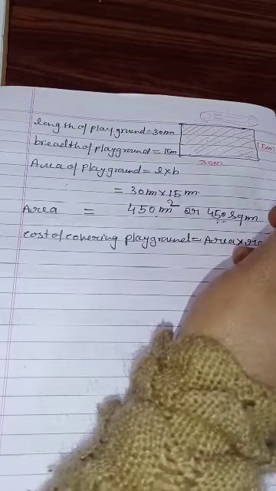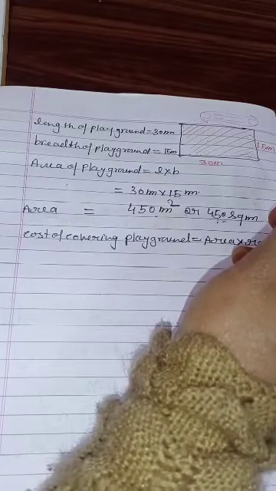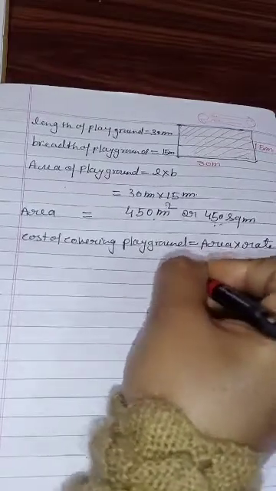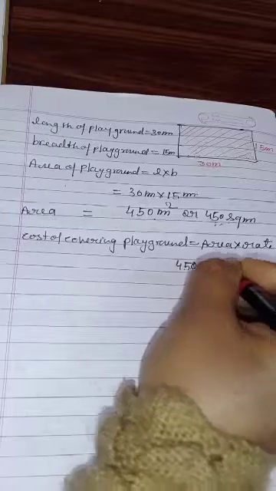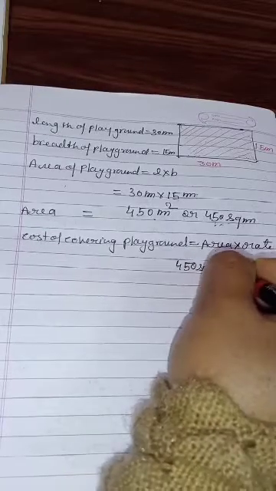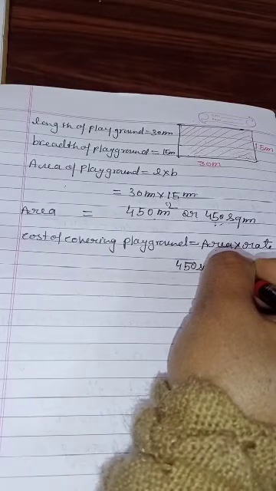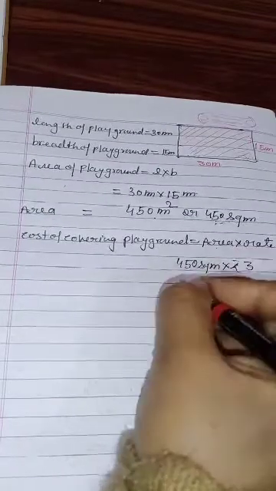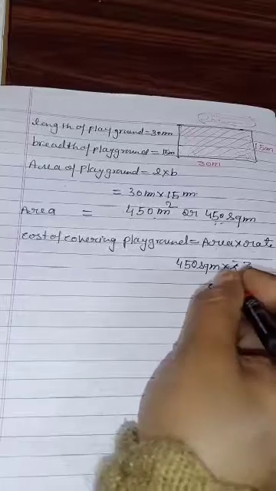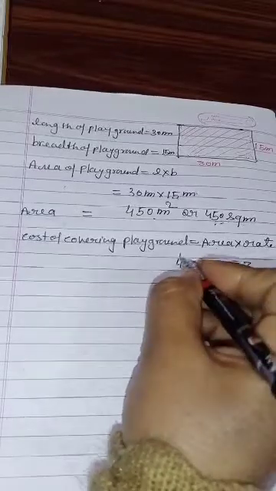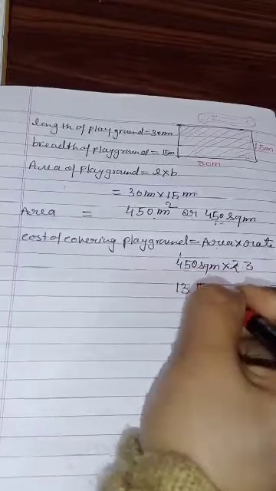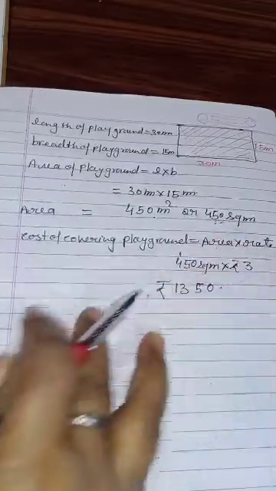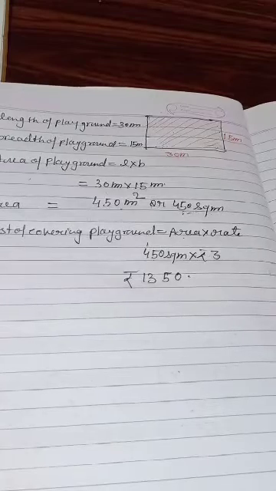And for more, ज़्यादा के लिए हमको क्या करना पड़ता है, we multiply. So area is 450 square meter multiplied by rate, given to you, beta, 3 rupees. Okay, so multiply them now. 3 0 0, 3 5 ja 15, carry 1, 3 4 ja 12, on 1 13, rupees 1350 you have to pay for covering the playground.